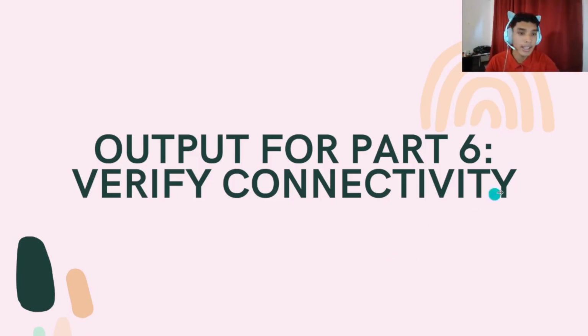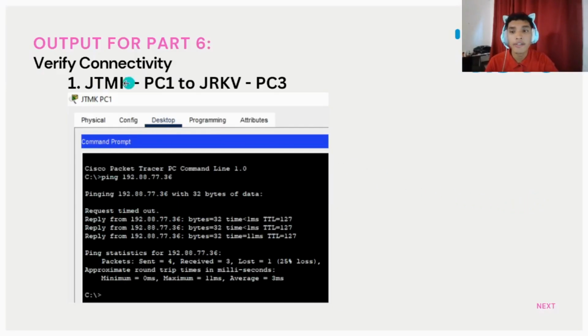I'll be presenting to you the output for our PBT, and I'll show you how to verify connectivity between devices. Okay, let's get going. The first one is we are going to verify connectivity between JTMK PC1 to JRK VPC3. To access the command prompt where we're gonna write our command, you just need to click on the device on your Cisco Network Packet Tracer, go to Desktop tab,